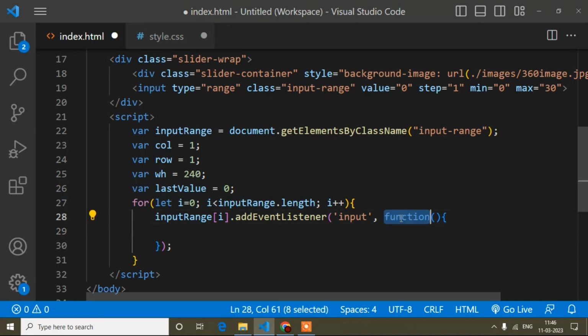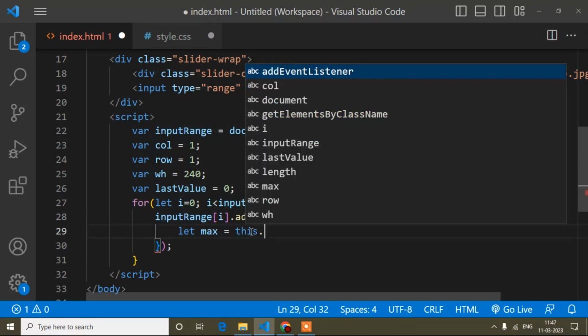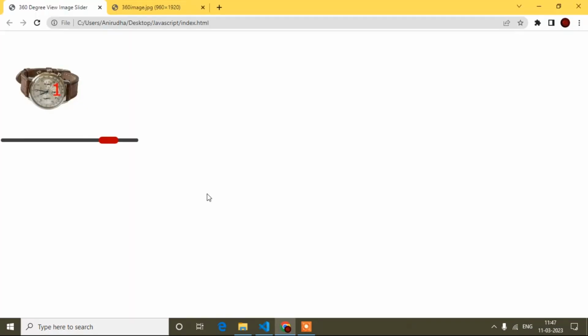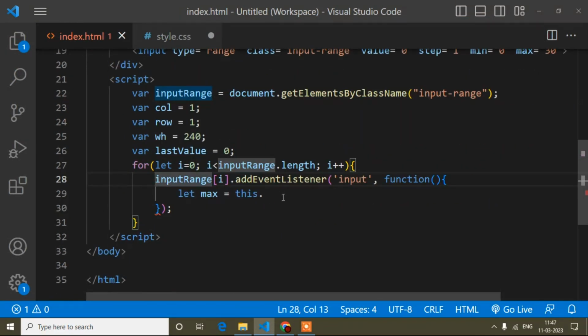Anything is possible. Now let max equals this is input range. If I write this, it will denote which input field I drag. Suppose 2 sliders are there.